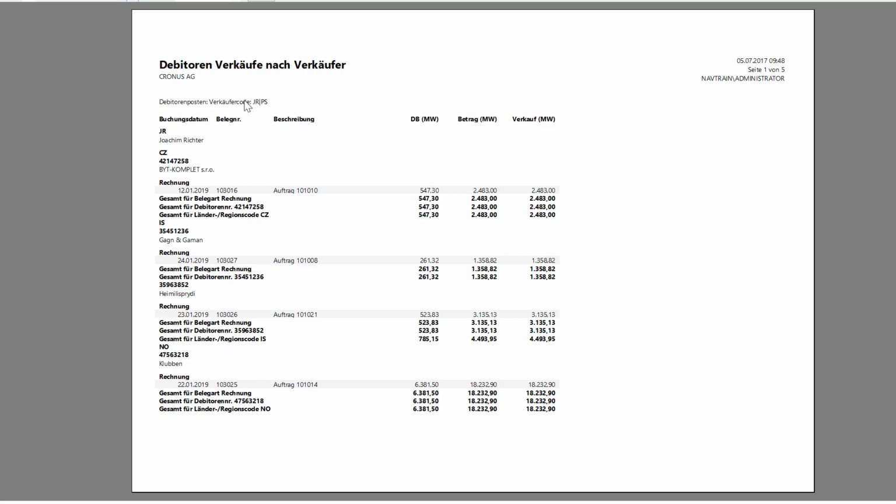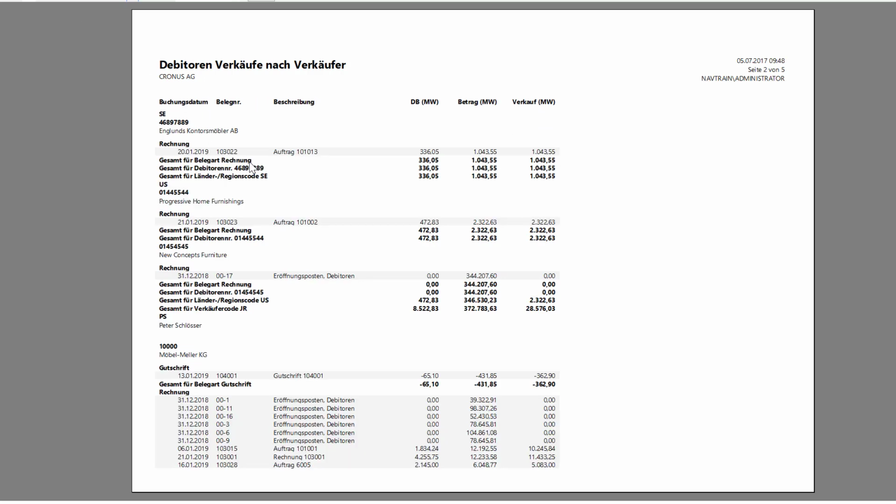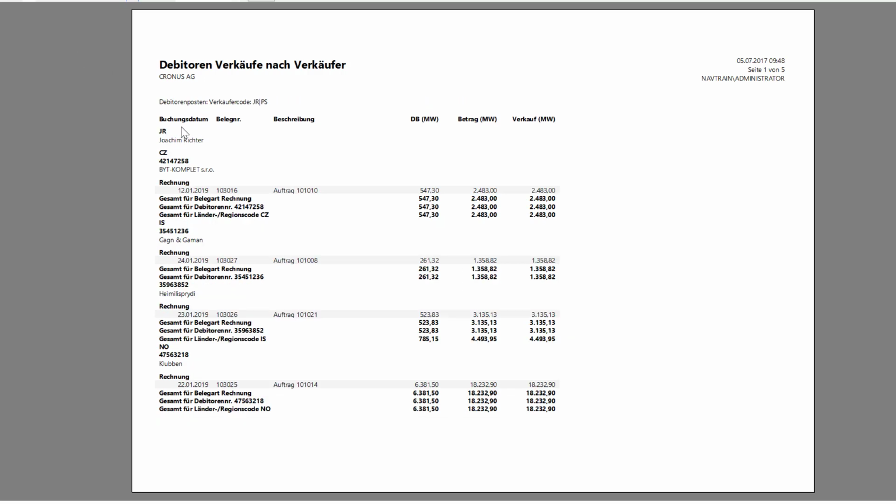Here you see the headings of the table output data are repeated on the subsequent pages, followed by the groupings that we have defined. Let's go back to the first page. The groupings according to salesperson code, the country region code, and the customer. As you can see, even these fields include corresponding data. For example, the name of the salesperson purchaser that we included in our data set so that the groupings are easily recognizable. When we go back a few more pages in the report,